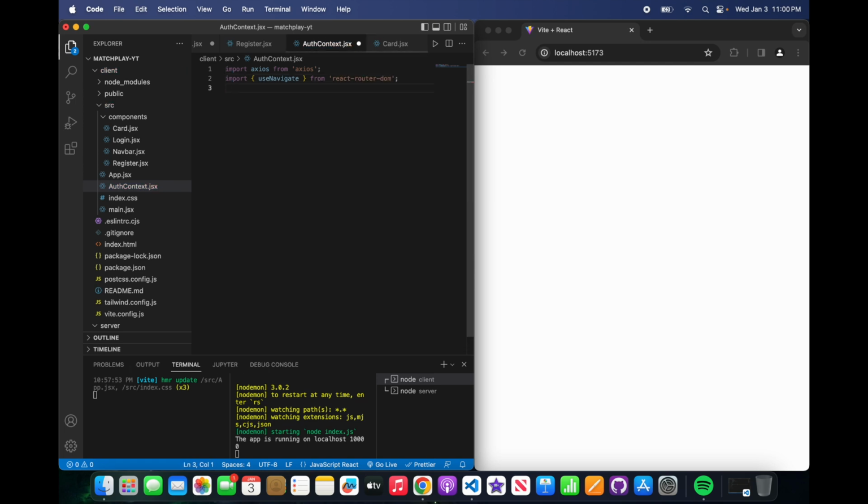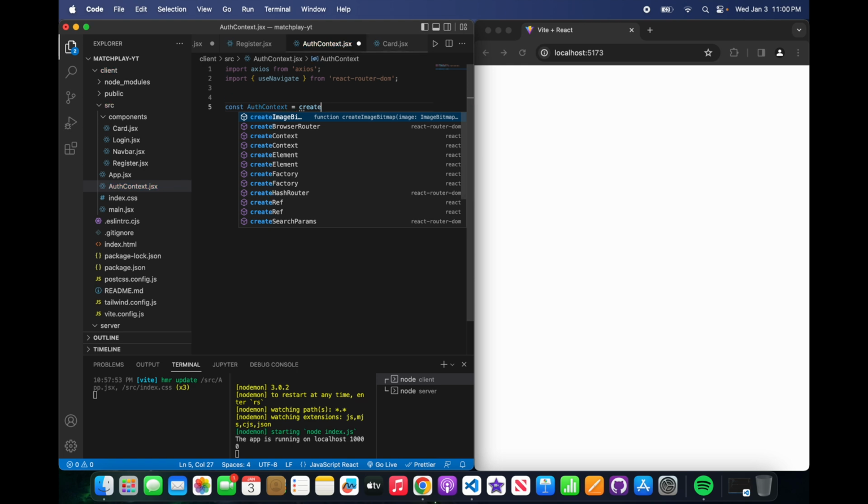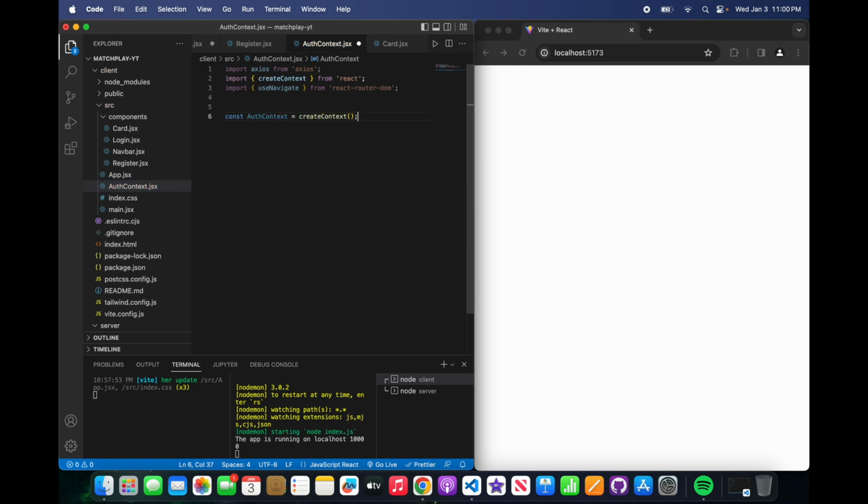Hopefully we had Axios installed. If not, we're going to have to install that again. And now we want to create our variable, and we're going to call this AuthContext. We want to say AuthContext is equal to createContext, which is a part of the React library. So createContext, and then we want to say export